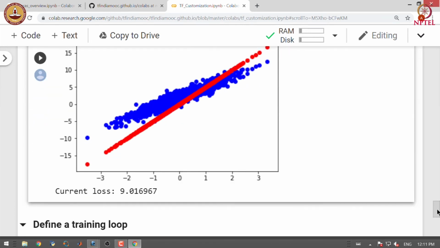So, you can see that for the chosen parameter values we have a loss of 9.01, and you can see that the points in the training data that we generated are in blue, whereas the red line, or the points represented with red lines, are the predicted points.